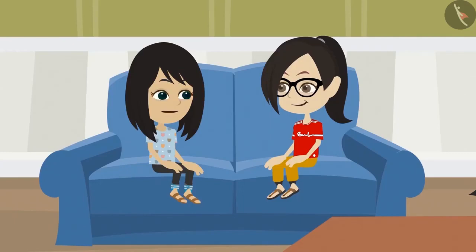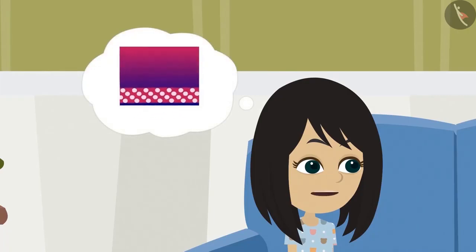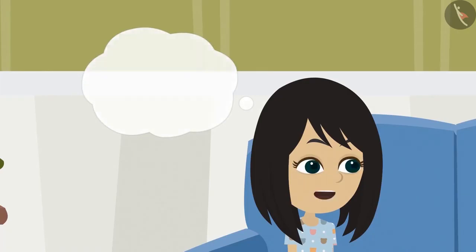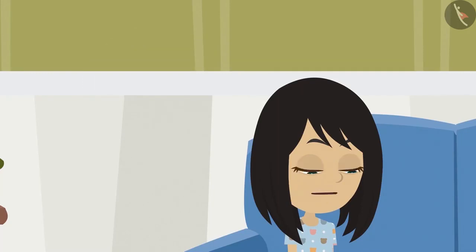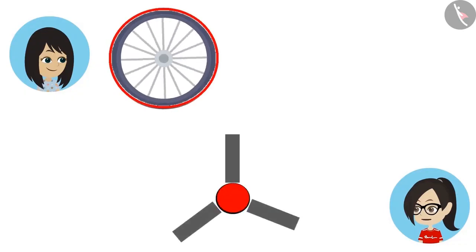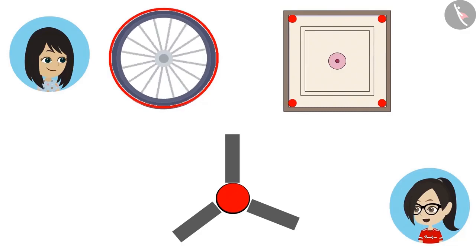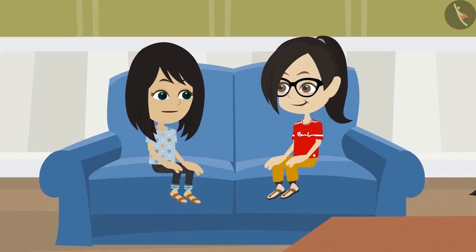Well, it means that a circle can be used to enhance the beauty of an object, or it may be a necessity for an object. Yes, like in Rangoli, Mummy's sari, and the design on the gate, the circle is there to enhance their beauty. Whereas for the wheels of a bicycle, center part of a fan, holes in the carom board, the circular shape is an essential part. Think if the wheels of the cycle are in the shape of a square, how will we ride it? Look at this bowl.